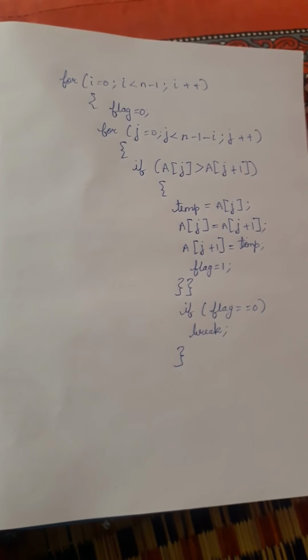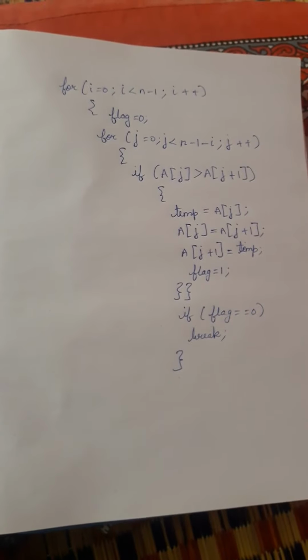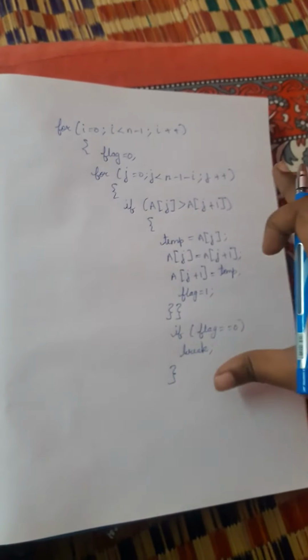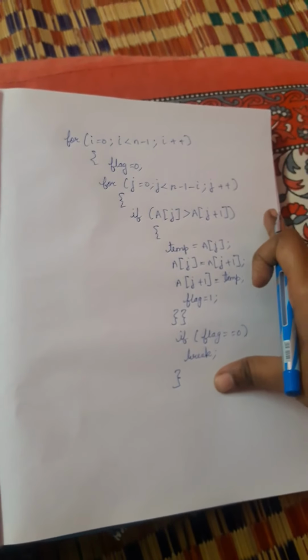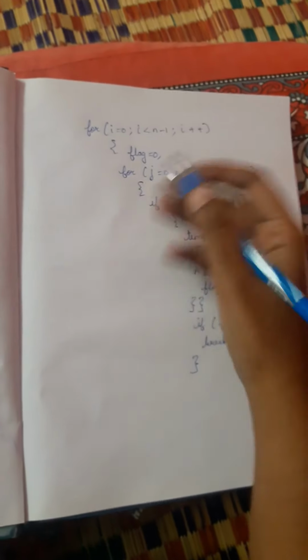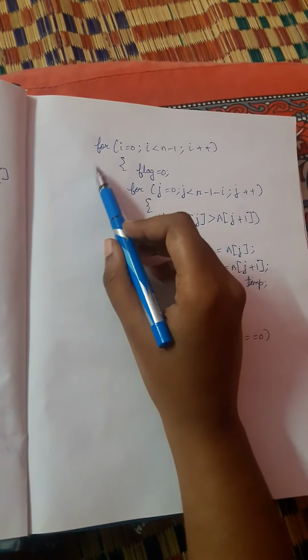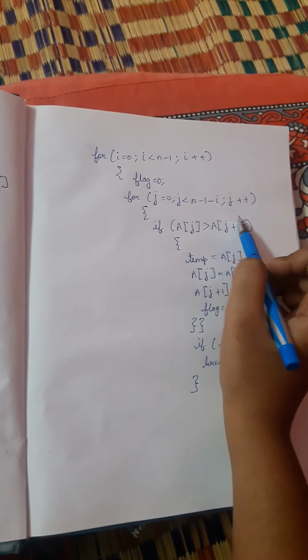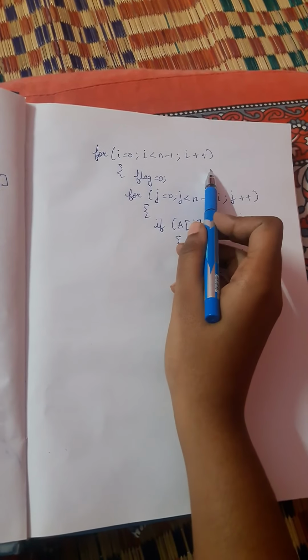So here this is the procedure for our bubble sort. As I did not add some functions and all, you just declare that this is a procedure for our bubble sort algorithm. So first, before going into a program, we must see how we have written this program. Okay, so first for loop, what is there?